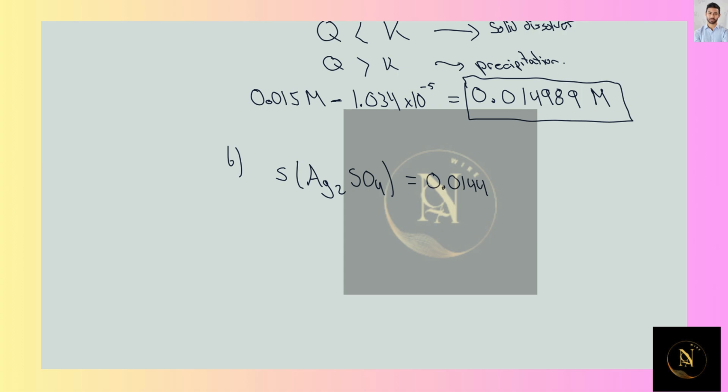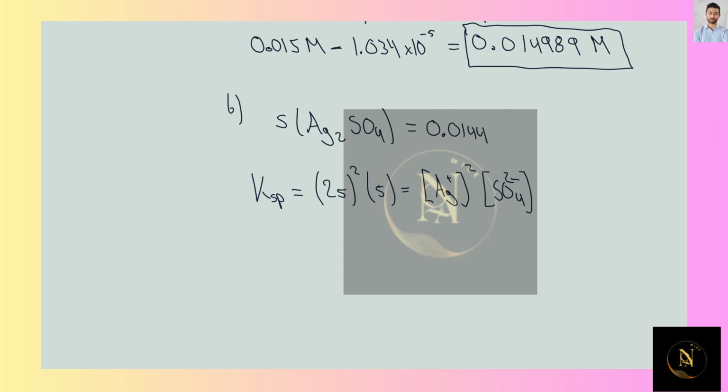Okay, this means that in my solubility product constant K, the concentration of sulfate that needs to be in solution, remember that this equation looked like 2s squared times s, right? And this was equal to the concentration of Ag plus squared times the concentration of the sulfate 2 minus. If that is the final concentration of the sulfate when the second solid precipitates,